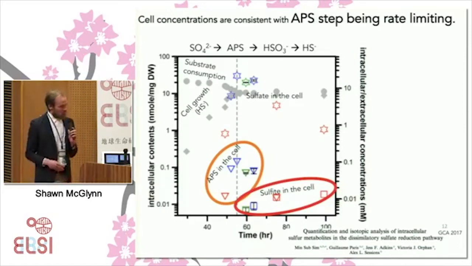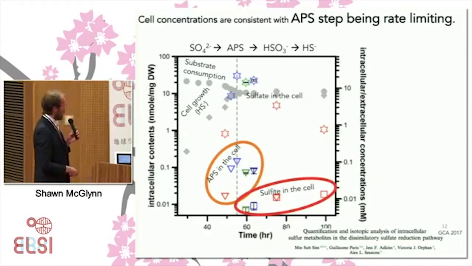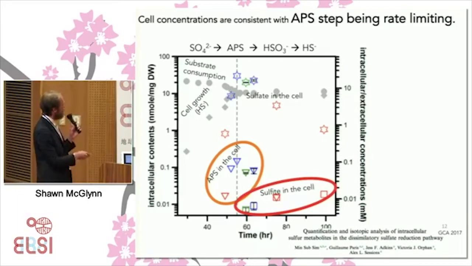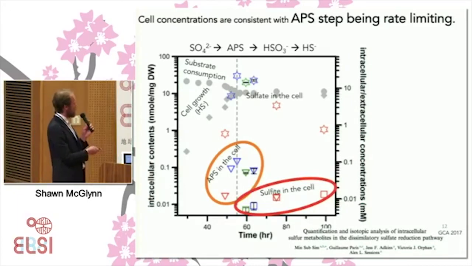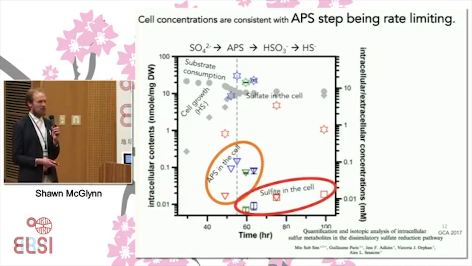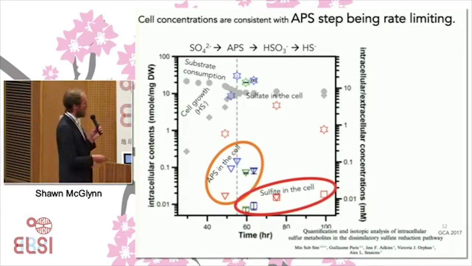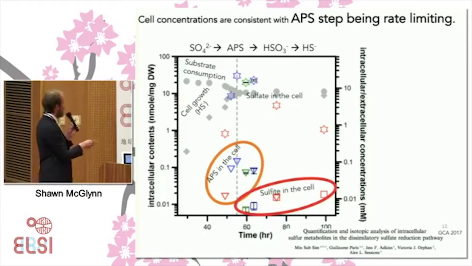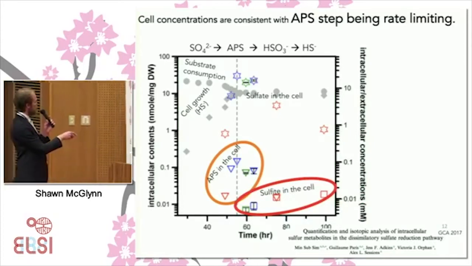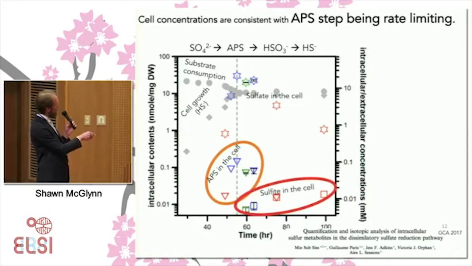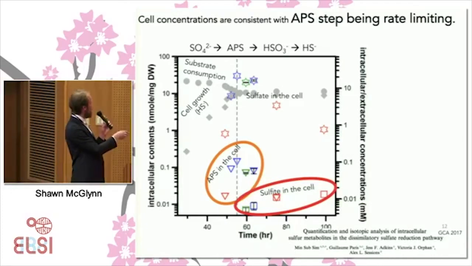So to try to determine what that rate limiting step is, or in part, to do that, MinSub was actually able to make some measurements of intracellular concentrations of these sulfur metabolites in the cell. And here's a complicated graph, and MinSub uses kind of funny symbols, so be careful here. Here is cell growth. Here we're monitoring the production of sulfide. It's the respiratory product of the cell. So the cells grow, sulfate goes down. And sulfate inside of the cell kind of bounces around in concentration. It's not clear really what it's related to up here, but it's pretty high in the cell.